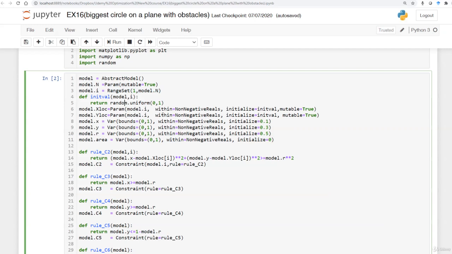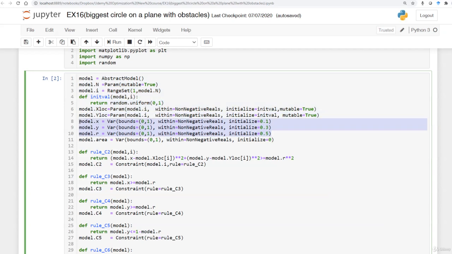So we might need a random initialization. For this purpose I define this function, init val model and i. For every i it can provide an initial location for those obstacles actually, and also